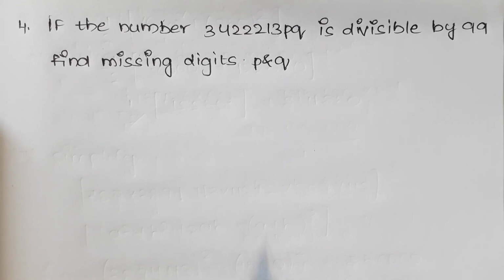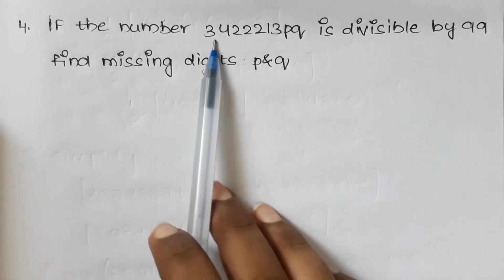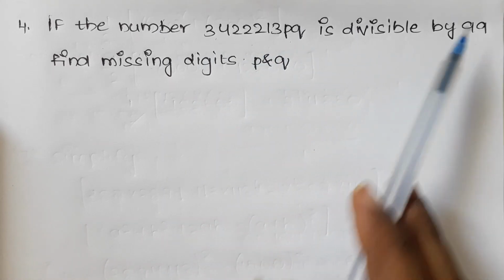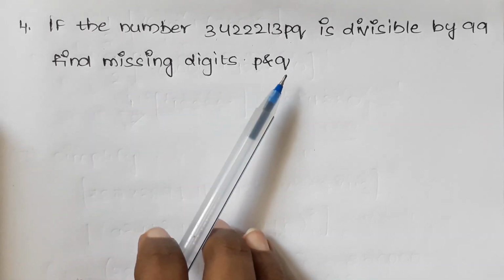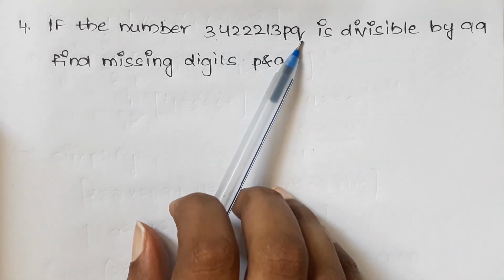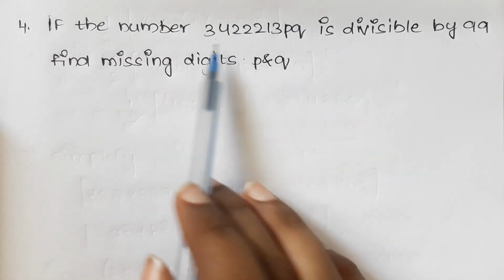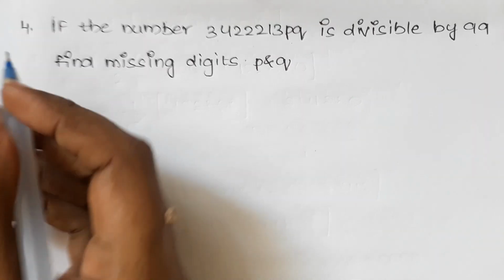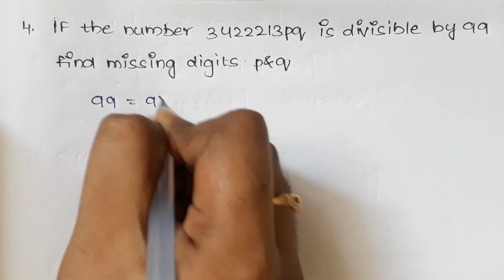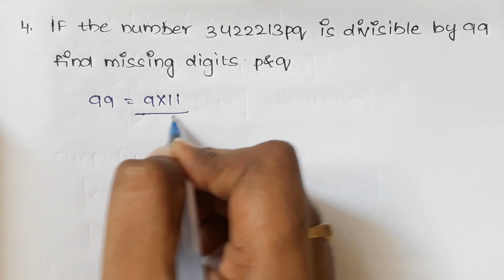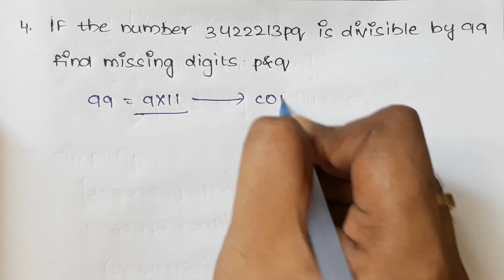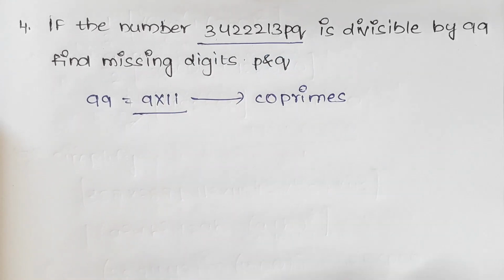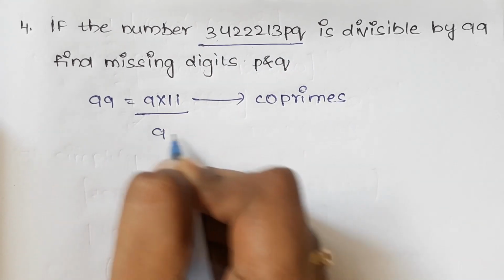Here is another question, that is, if the number 342213PQ is divisible by 99, find the missing digits P and Q. Here P and Q are missing digits, so we have to find them. Here it is given that this number will be divisible by 99. Here 99 is nothing but 9 into 11. Here this 9 and 11 both are co-primes. So the given number is divisible by both 9 and 11,